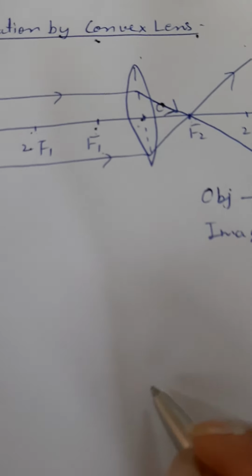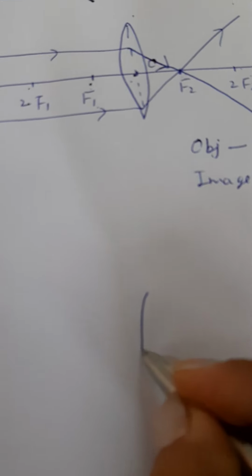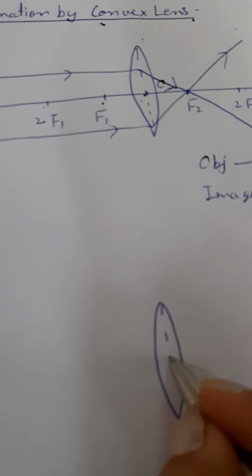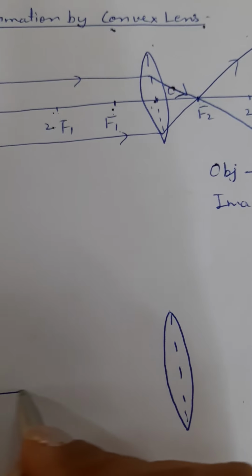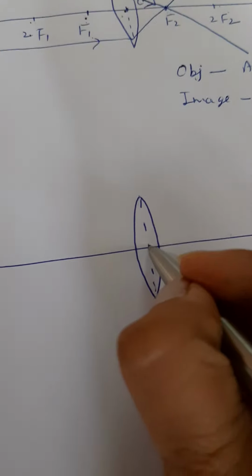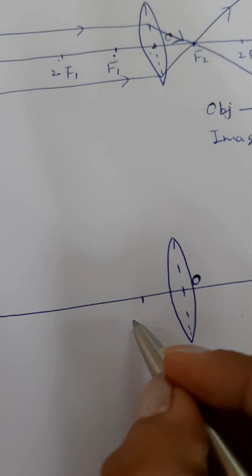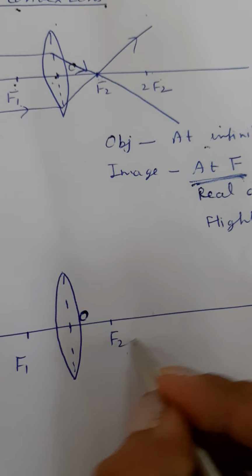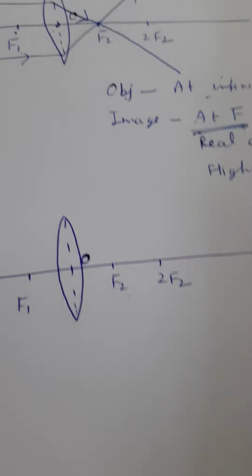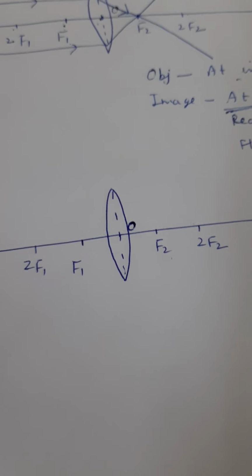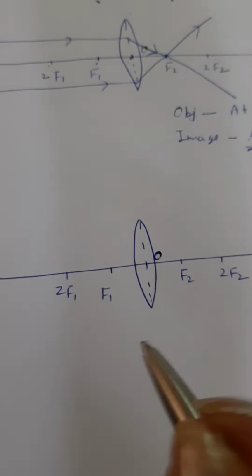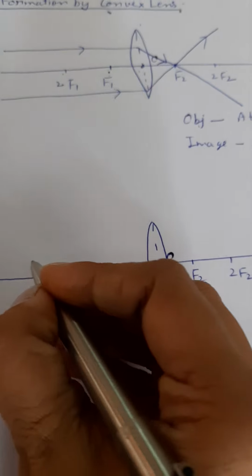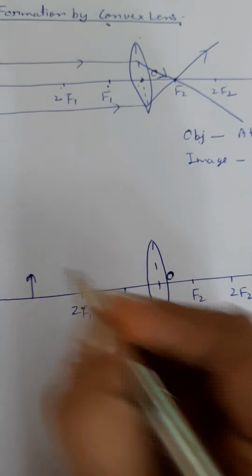This is the first one. Second case, again we need a convex lens. So you can draw a convex lens. You can use a protractor to get a proper shape of the lens. For both sides it should be similar. Now it is the optical center. Again we will mark F1, 2F1, F2 and 2F2. At the place of 2F1 and 2F2 you can write C1 and C2 also. Now where is the object? The object is somewhere beyond 2F1. It is not at infinity but it is beyond 2F1. Suppose the object is kept over here.